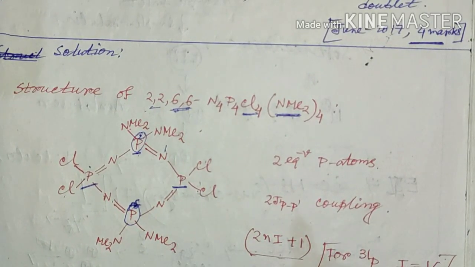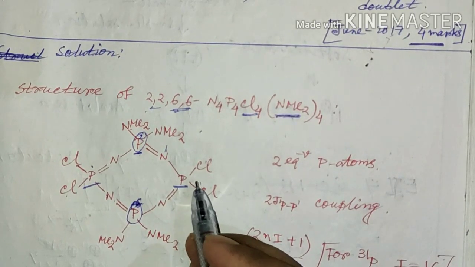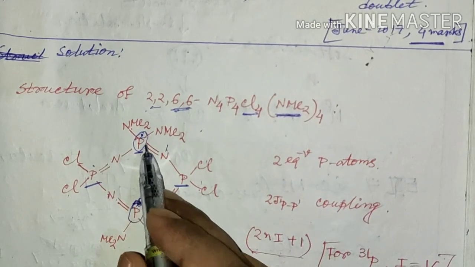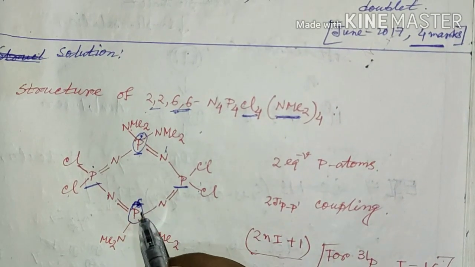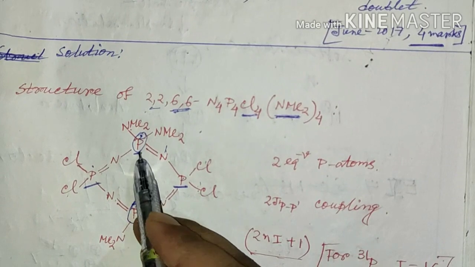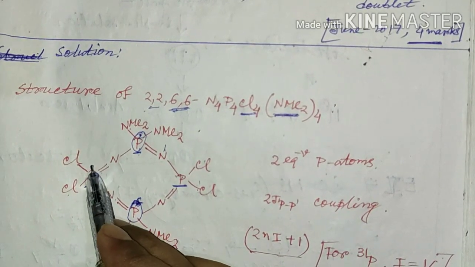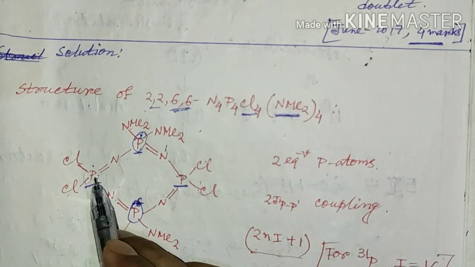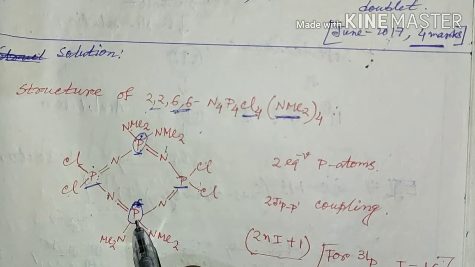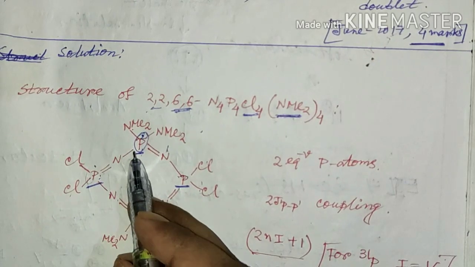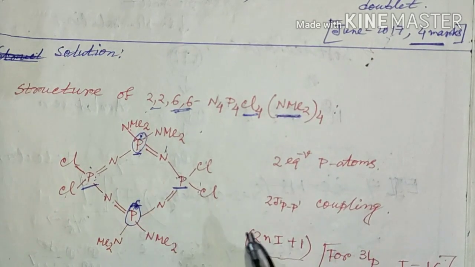That means in the 31P NMR there will be 2 peaks, and each peak will be coupled with the remaining phosphorus nuclei. That means these 2 equivalent phosphorus nuclei will be split by these 2 phosphorus nuclei, and similarly each phosphorus nucleus will be split by the other 2 phosphorus nuclei, since the coupling is a 1-2 bond coupling and it is quite strong,